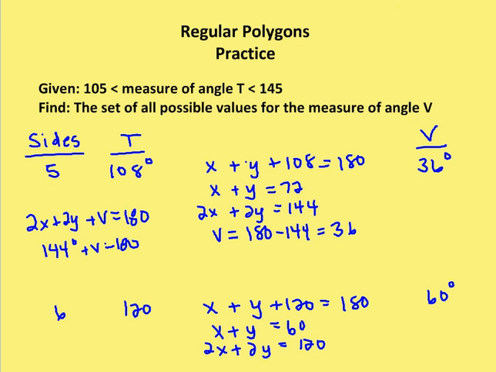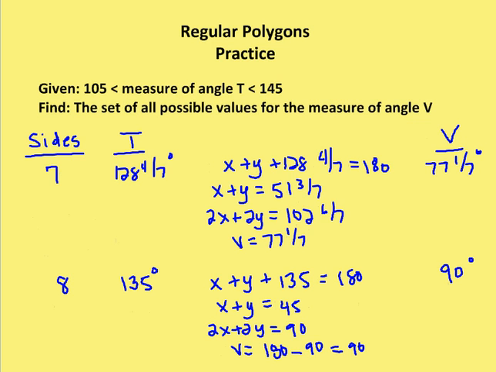All right, moving on, and I know this is a lot of information real quick, so please hold on and pay attention. As we go to side number 7, we found out that t is equal to 128 and 4/7. X plus y plus 128 4/7 is equal to 180 degrees. So I know that x plus y is equal to 180 minus 128 4/7, or 51 3/7 degrees. Twice that, 2x plus 2y is equal to 102 6/7. So v is equal to 180 degrees minus 2x plus 2y, or